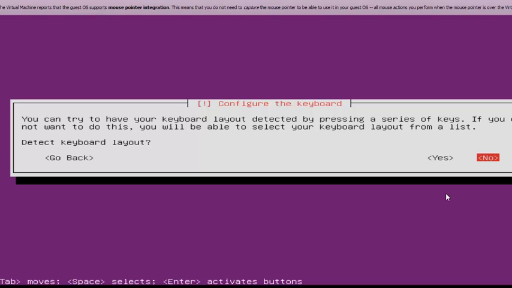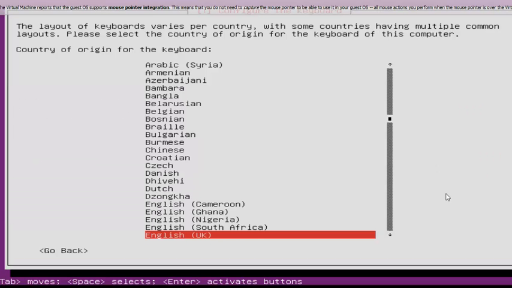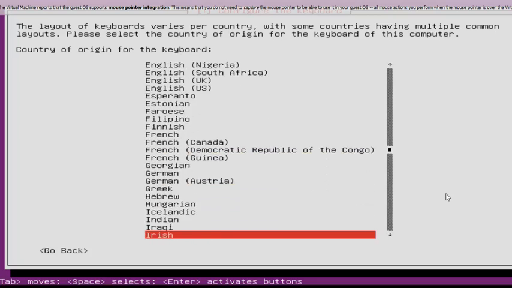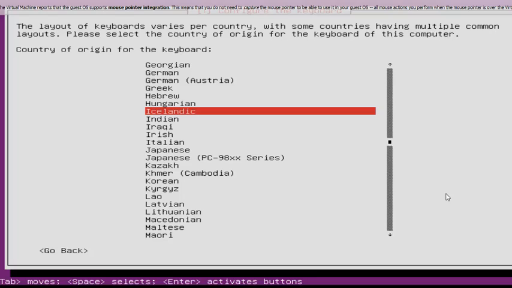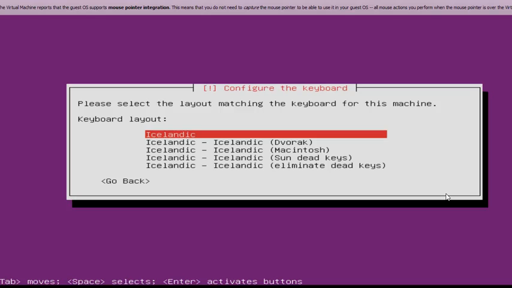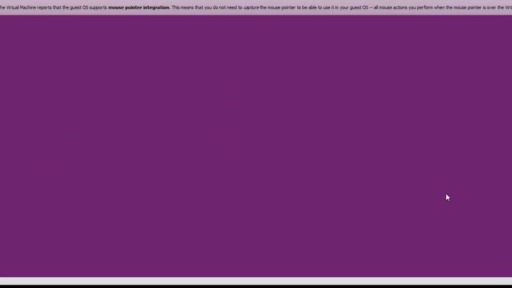Normally it will detect what settings you have, but I'll choose no. And I actually am going to choose an Icelandic keyboard. Icelandic keyboard is almost the same as a United Kingdom, except we have a few more letters. So I'll choose Icelandic, and again Icelandic. And now we're just waiting